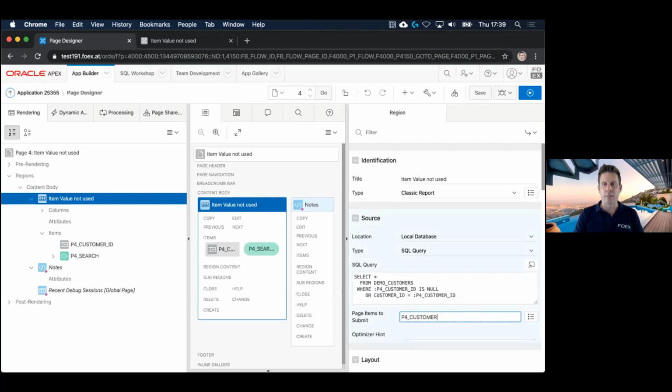Now, can I ask everyone in the audience to send an email to Joel asking for having this done automatically, right? Apex knows that this item is used, that it's from this page, so it should pass it on automatically. All right, once we put it in here, and that's like the most common mistake ever, to forget page items to submit,